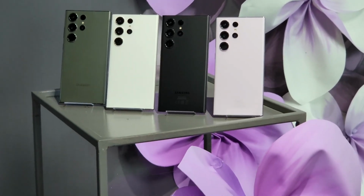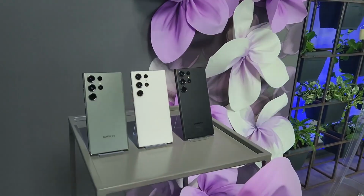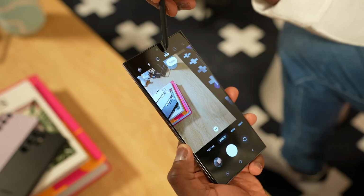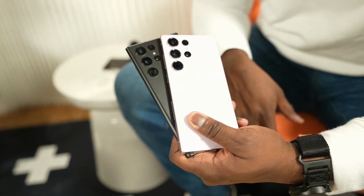Samsung just launched the Galaxy S23 series devices. No doubt about how great these devices are, but when you look at the trade-in deals, you might get shocked. By the end of this video, you might find yourself staying on your older Samsung device instead of going